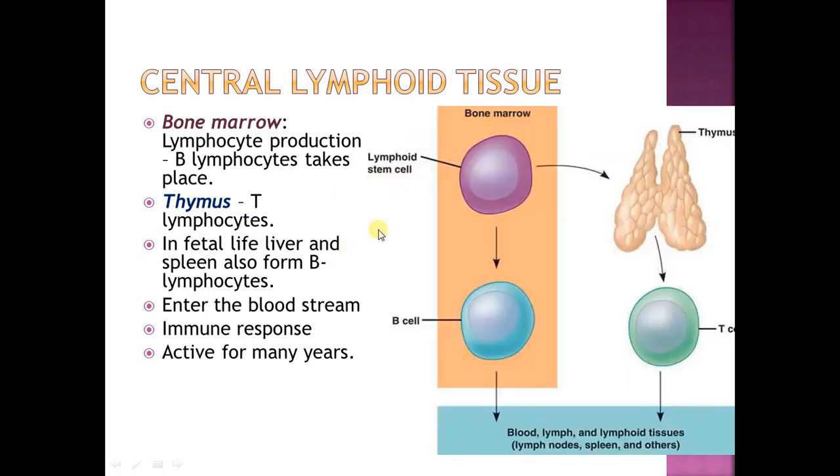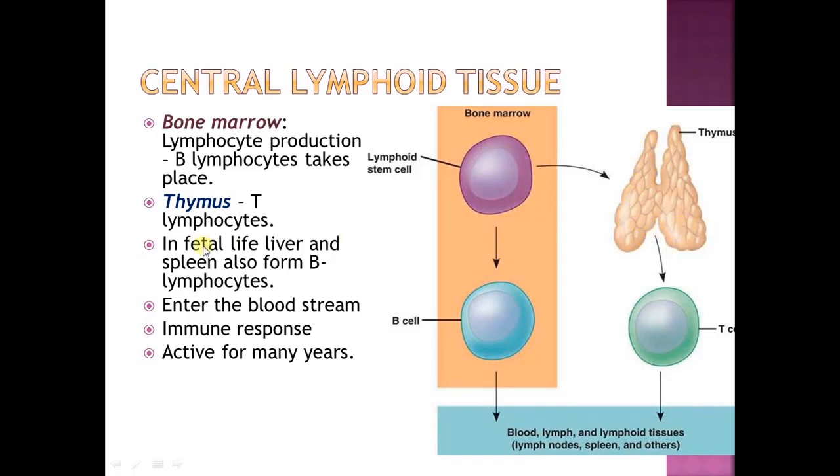You are able to see this is the thymus, a bilobed organ in the upper part of your thorax, called the superior mediastinum. It is very well developed in infants and adolescents, and once you reach puberty, it is slowly replaced by fatty tissue. That means it becomes inactive after a certain period of time. Why? Because the other lymphatic tissue develops and takes charge, and naturally the thymus stops